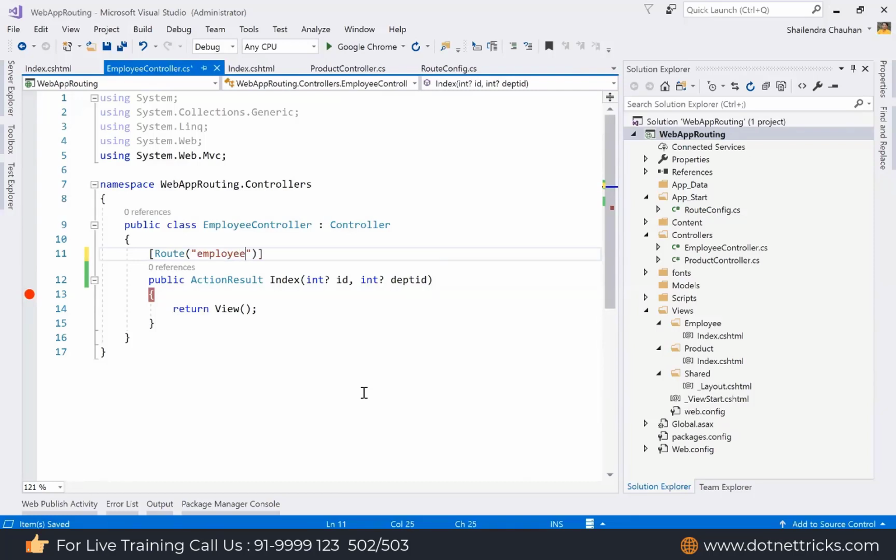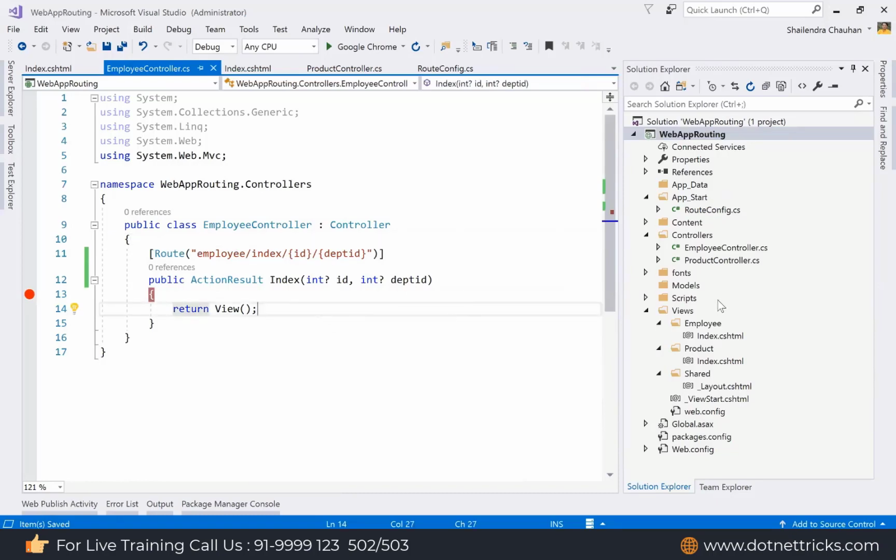So I can use here, let's say employee slash index, then I'm receiving the ID, and here I'm receiving the DPT ID. So this route only works for this index action. It will not work for the other actions, because explicitly we have decorated this index action using the route attribute. So let's see how we are getting the department ID with the name DPT ID.